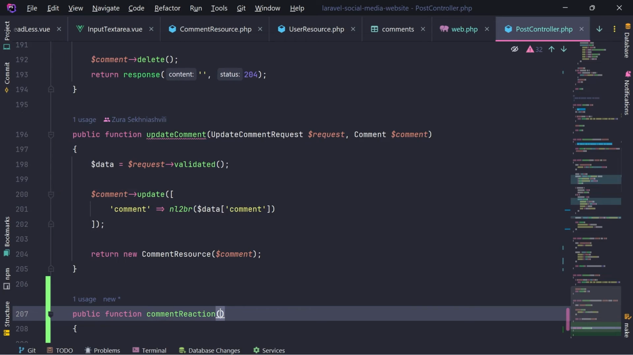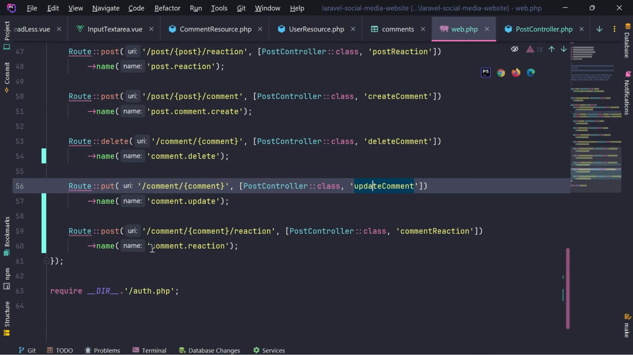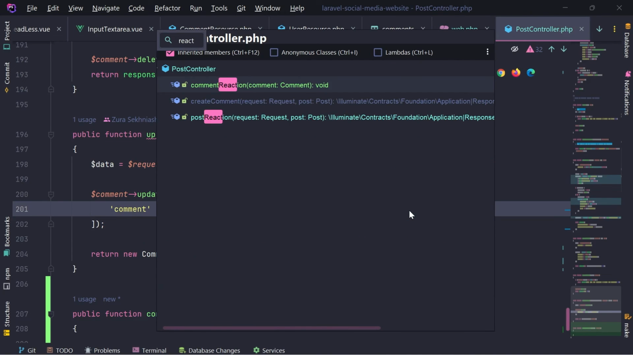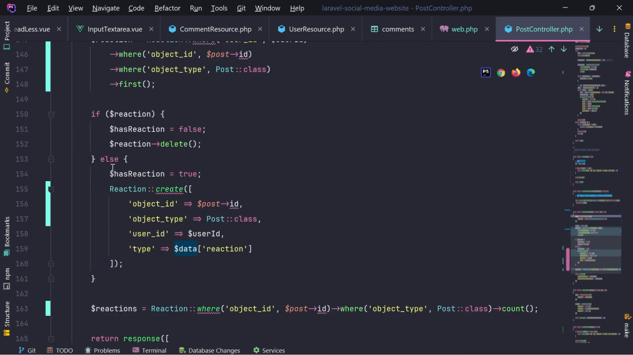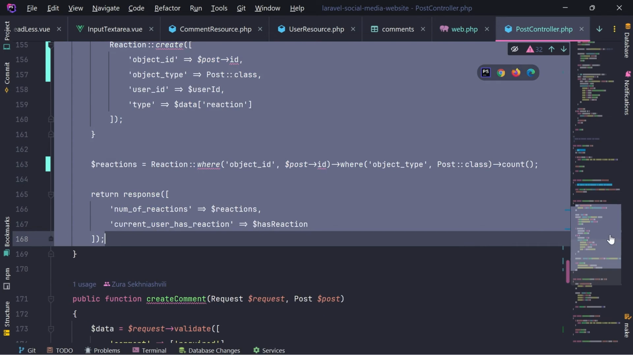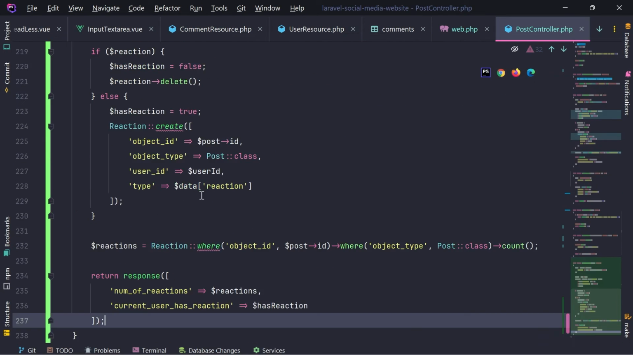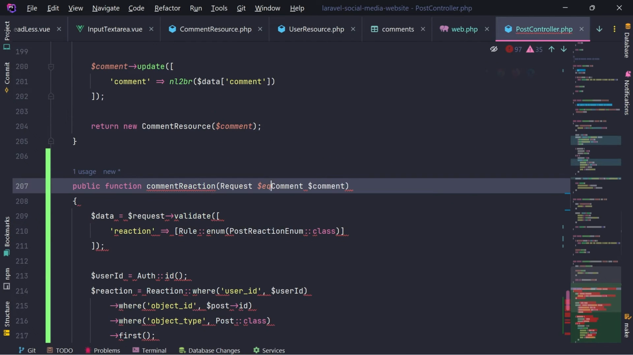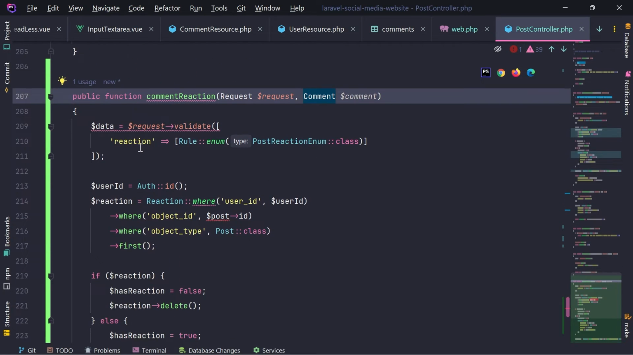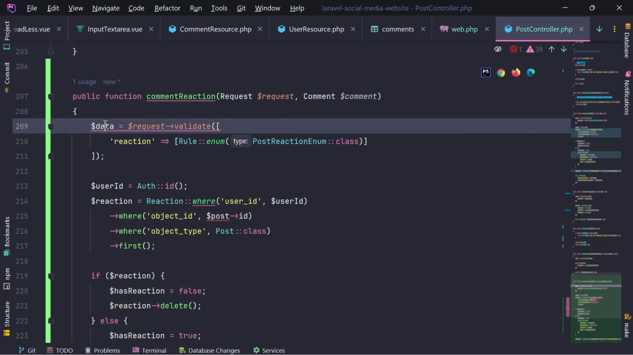We're going to accept comment and we have this reaction, post reaction here as well. So I need to copy the content of this and modify it. First of all, I'm getting request, then what I'm doing is that the reaction, I'm going to validate the reaction, which needs to be, okay,